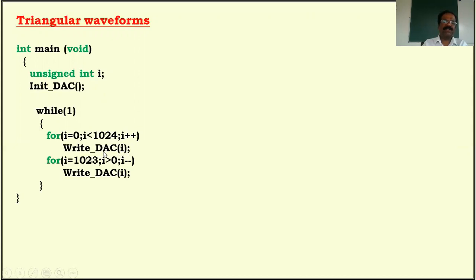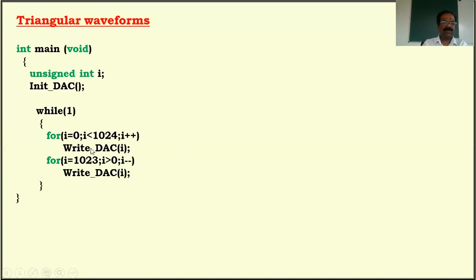We can see, because it's not happening at the same time, it requires some amount of time. Therefore, we're going to get a slope, like a positive slope. Like that, you can generate a positive slope of the triangular waveform. That's a rising slope, that is 0 to 1023, 0 to 3.3 volt. Then next we have to draw another one. That's a falling slope, that is 3.3 volt to 0 volt. That's the purpose of using this particular for loop.